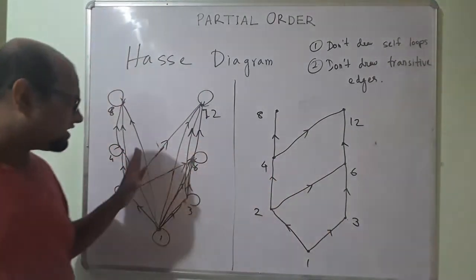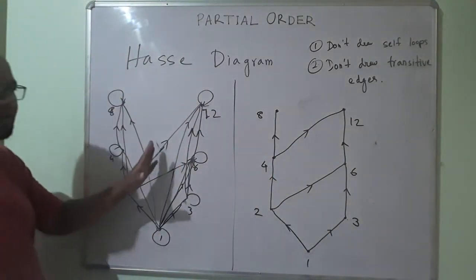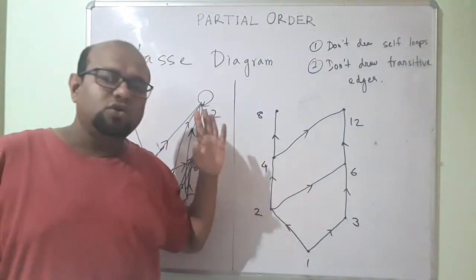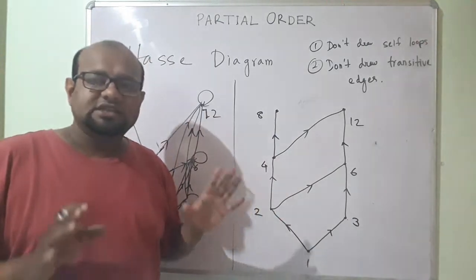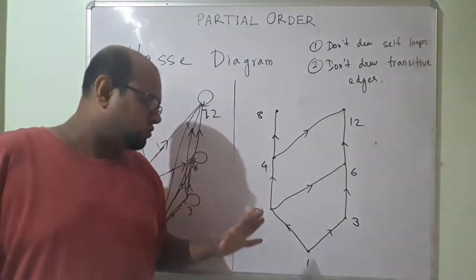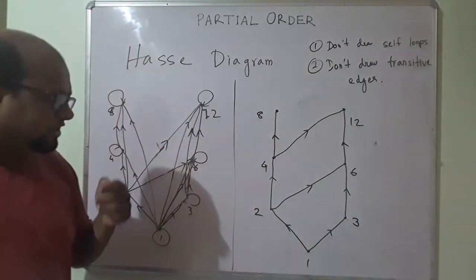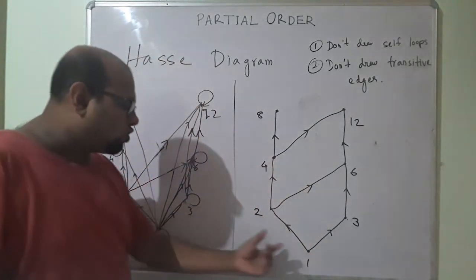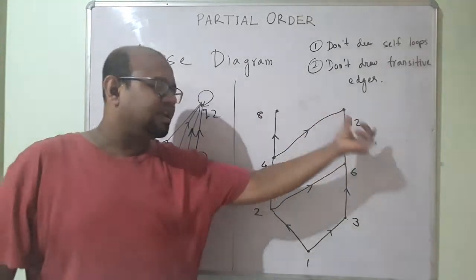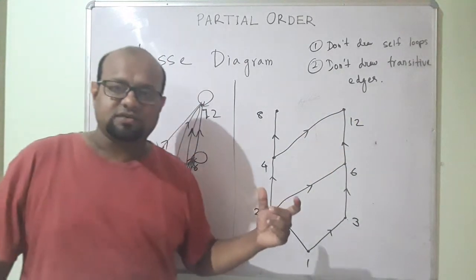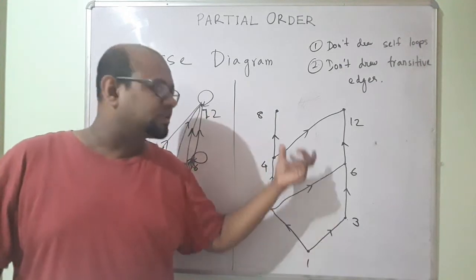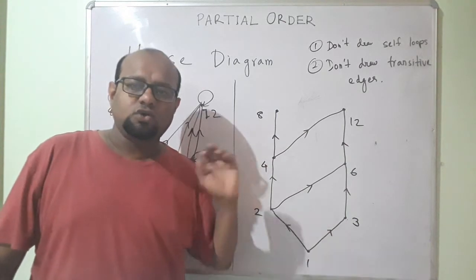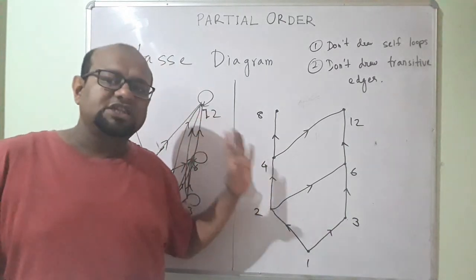There are lots of transitive relations that are explicitly drawn here, but I don't need to draw them because this is a partially ordered set and I know the transitive elements exist. Since I know that, I don't need to draw it anymore. That is implicitly defined in here. Then I don't need to draw all these self loops. I know 1, 1, 2, 2, 3, 3, 4, 4, 6, 6, 8, 8, 12, 12, all this exists in the relation. Okay, since it is a partial order, it is reflexive. Since it is reflexive, all this will exist in the relation. Okay, I know this, so I don't need to explicitly draw it again.